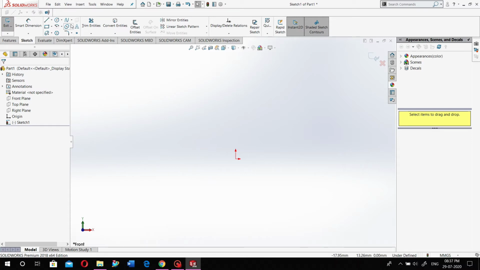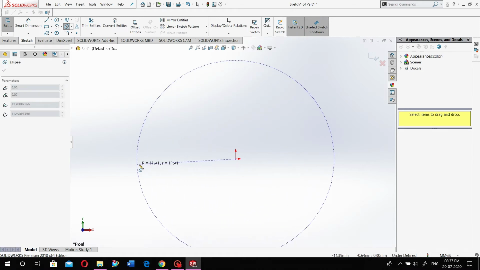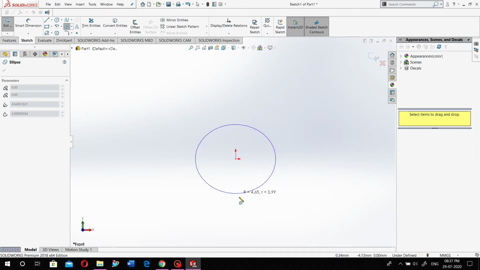Now we are going to shift to the ellipse. In ellipse we have ellipse, then partial ellipse, then parabola, and then conic. When you select the ellipse it looks like a circle, but when you drag your second point, your ellipse is created.